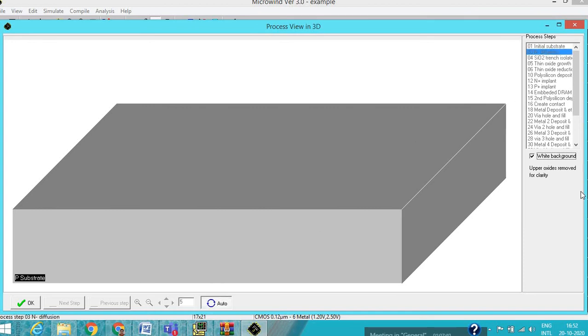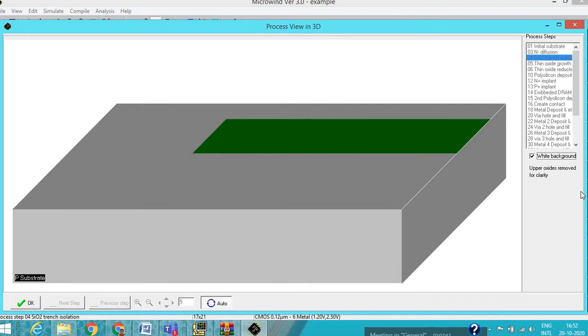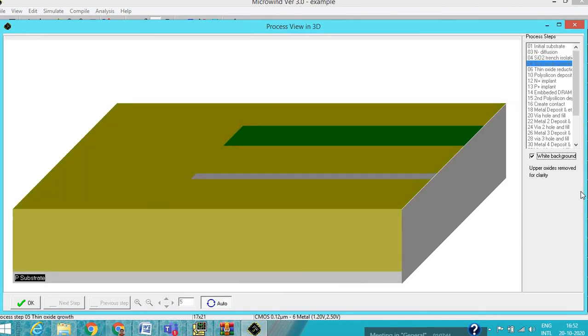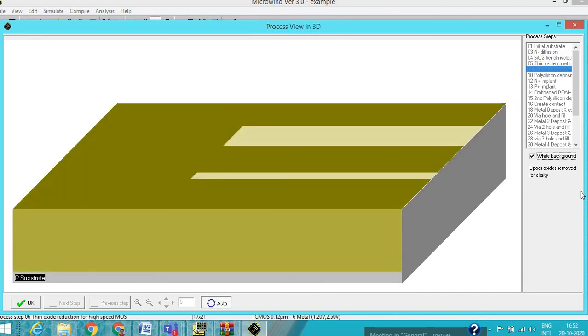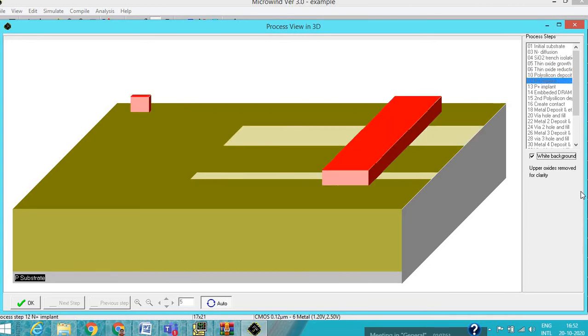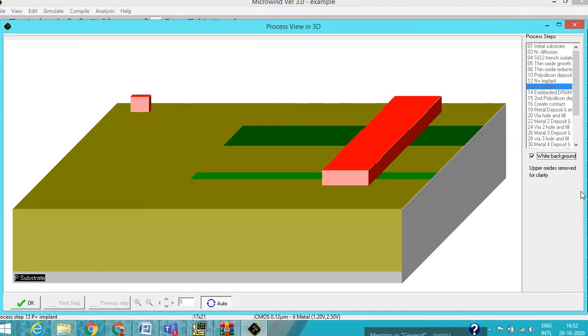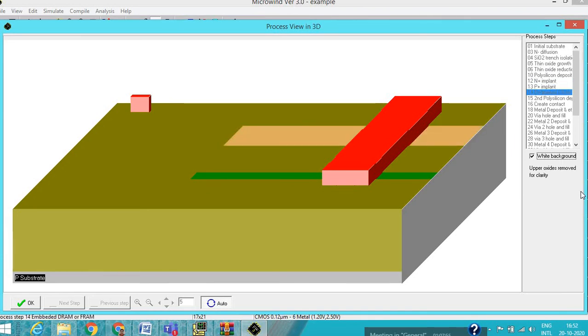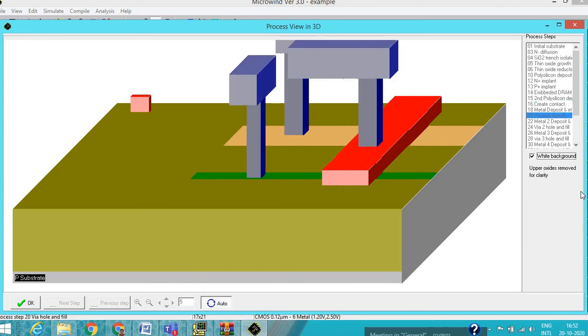Then initially it puts in some area P plus and N plus and the polysilicon, and through etching it removes the P plus and N plus below the area, and through the contact and metal it will connect with the higher layers.